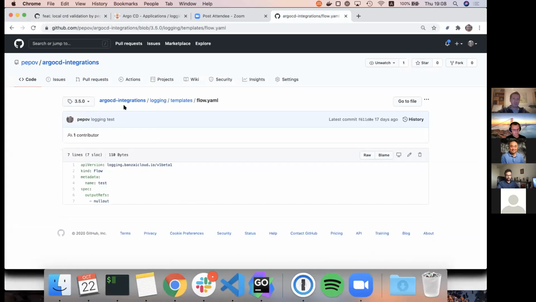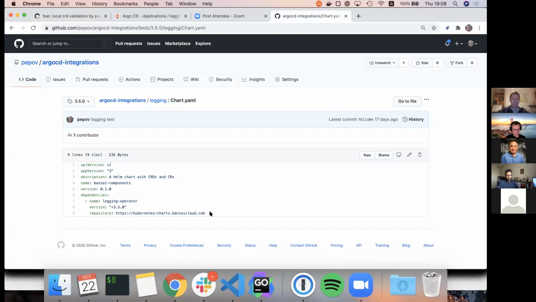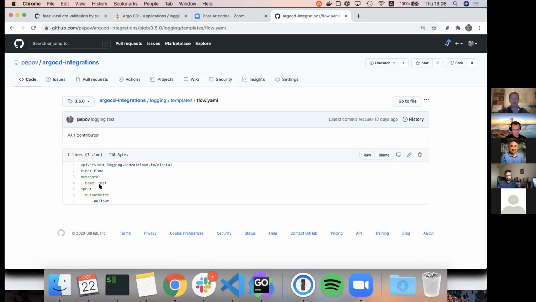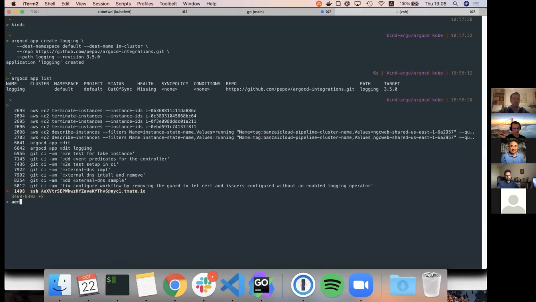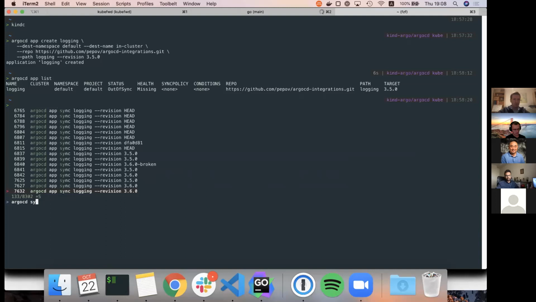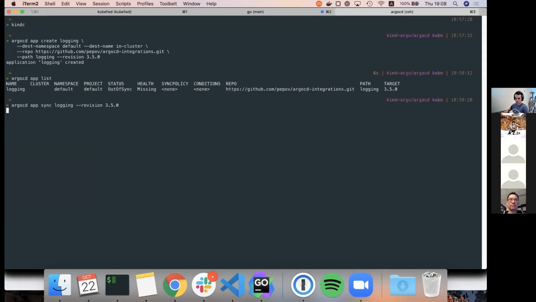I have 3 revisions. In the first revision, I have a Helm chart application, which uses our logging operator as a dependency, and it creates a flow with certain fields. This should just sync successfully,